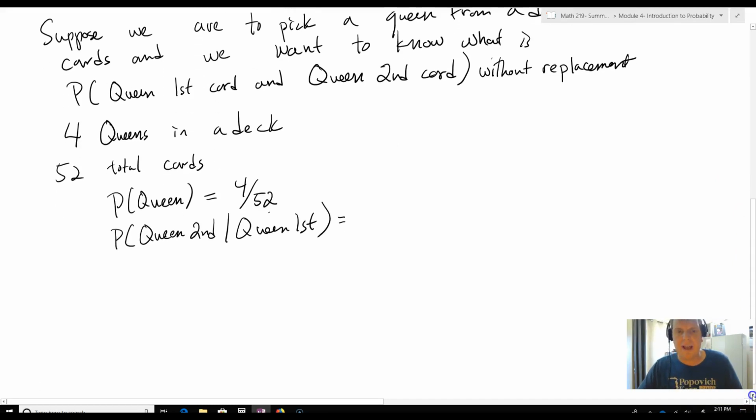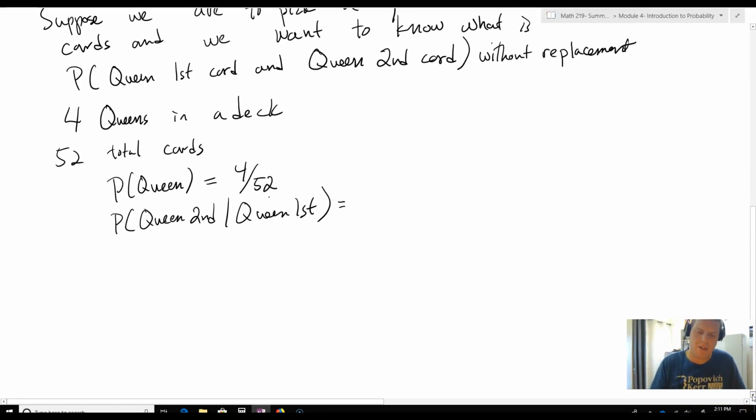And so what we're going to do now is pick another queen. So here's our new sample space: the queen first, right? And then we're going to pick a queen second. So now we only have 3 queens in the deck, and we're going to be out of 51 cards. Okay? So the probability that we're looking for, the probability of queen first and queen second,